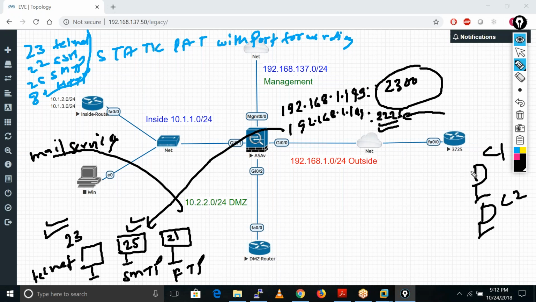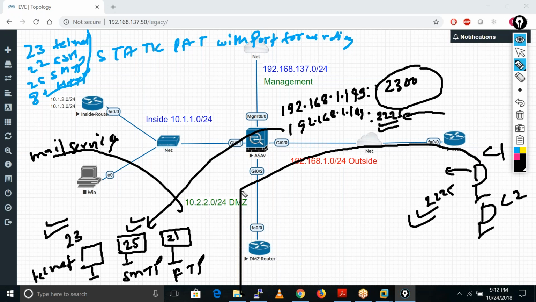You can tell these companies we are running the SMTP service on this port number, so please send the request on this port number only. When they initiate any request towards this place, they initiate the request on port number 2525 only. This is port forwarding, how we can hide the actual ports.